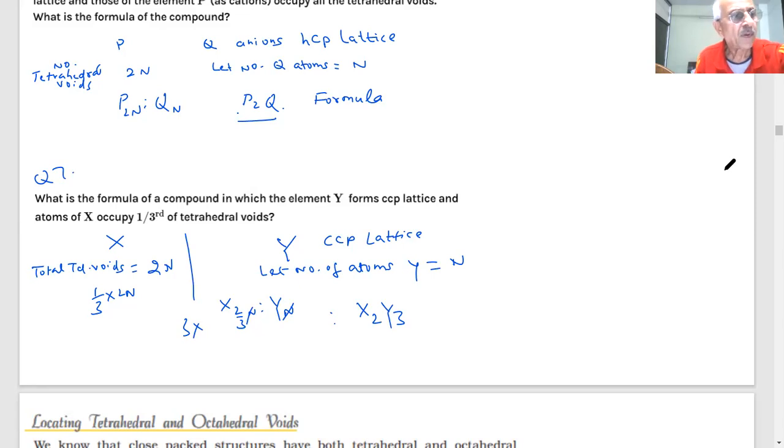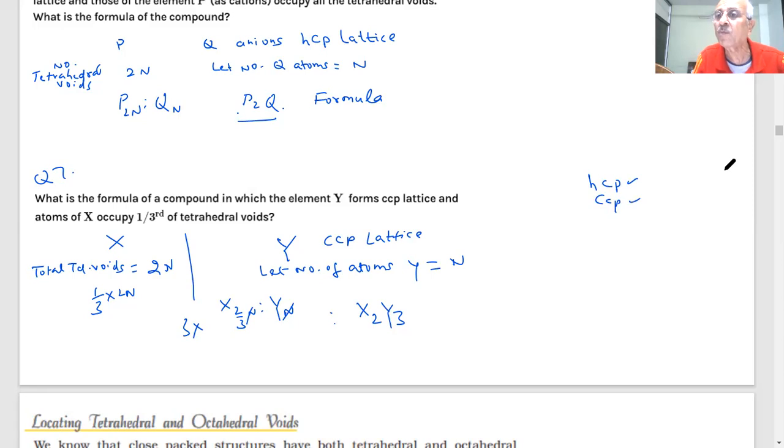No doubt. This ends the second part, the voids and the radius ratio. We have done plenty of questions to give you good practice for tetrahedral voids and octahedral voids. HCP and CCP are close pack structures. Coordination number has been asked in the paper. What is the coordination number in HCP and CCP? This is a very important question in the paper.